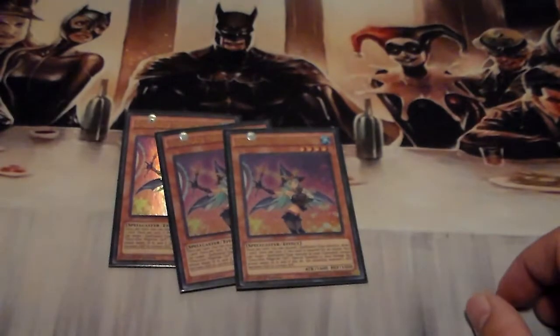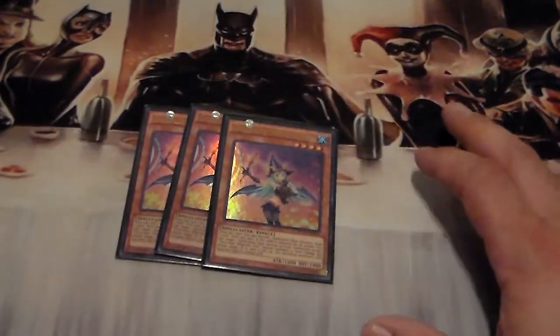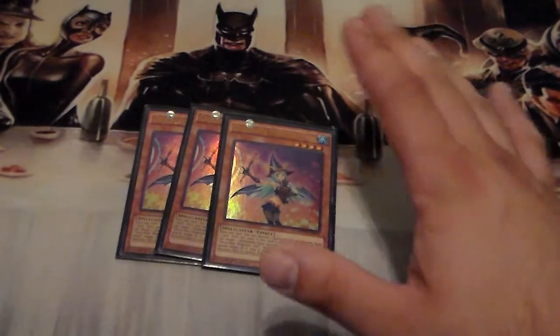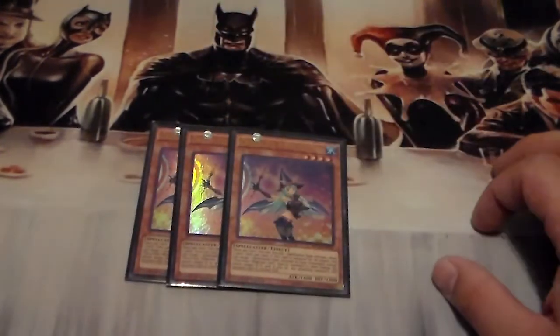So first you want to start off with a triple copy of the Chocolate Magician Girl. She is pretty much the bae of the deck. I pretty much use her for a combo to bring out the Dark Magician of Chaos. This deck runs off of getting Dark Magician of Chaos out as fast as